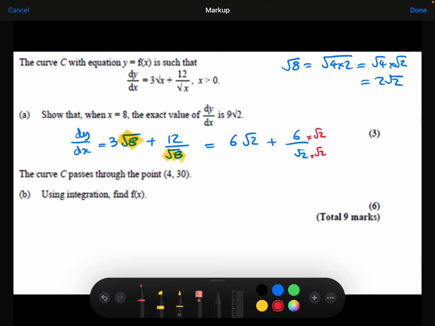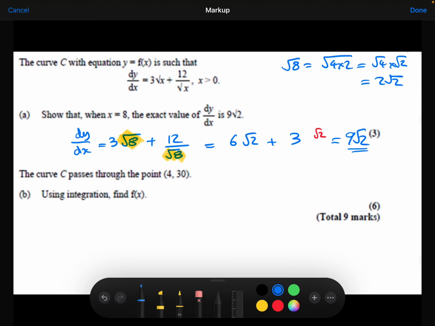So 6 times root 2 will be 6 root 2, and the root 2 times root 2 will just be 2. The 6 divided by the 2 there will simplify just to be 3. And we end up with 6 root 2 plus 3 root 2, which is 9 root 2, which was what